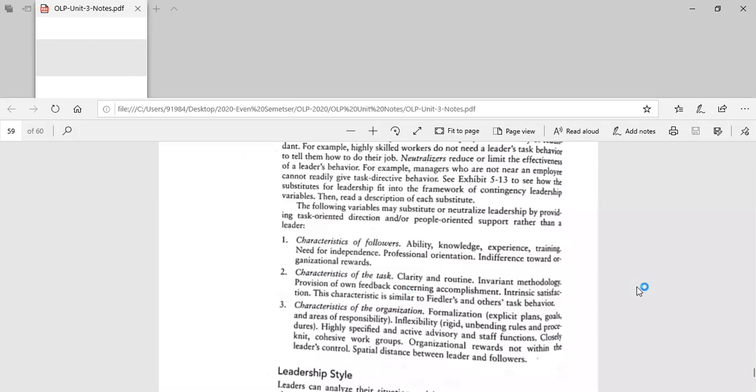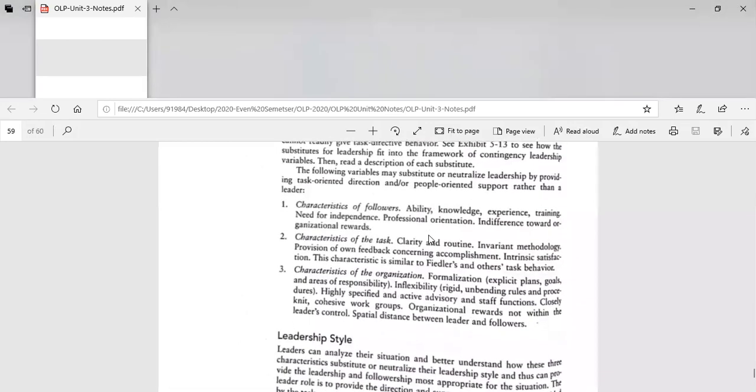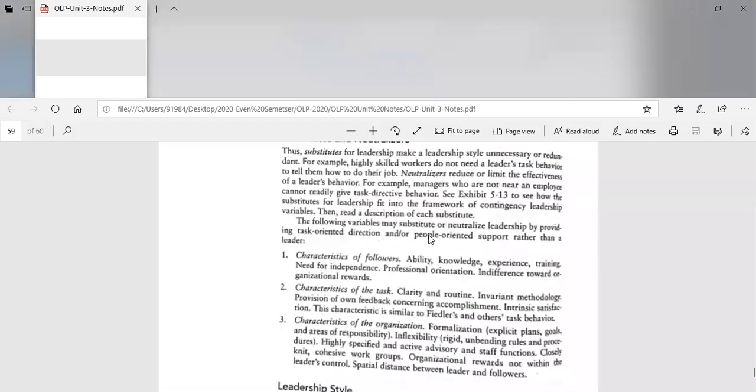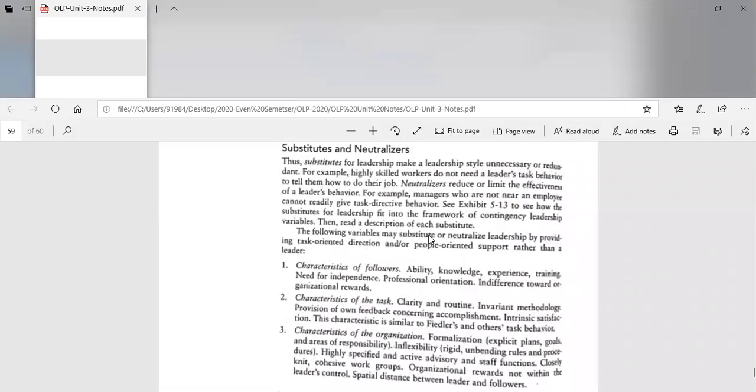So these are some related to the characteristics of the followers, the characteristics of the task, and how the organizations should be, based on the substitutes they are mentioning. Here they have not mentioned the specific style of leadership. Why? Because this theory name itself indicates the substitute here. Substitute for the leadership styles, so that the leader or the follower themselves will enhance their knowledge so that they can perform better in the organization. Like skilled employees or knowledgeable workers here, they need not require guidelines from the leader, so they can work by themselves. That is the intention of substitutes.